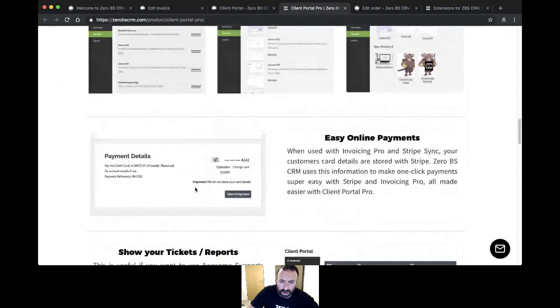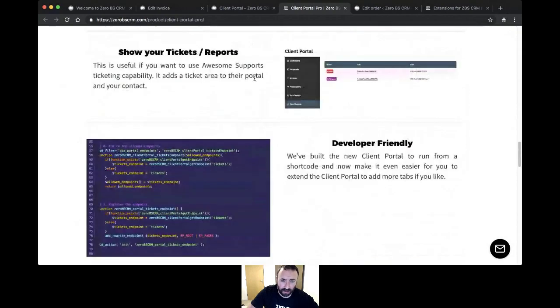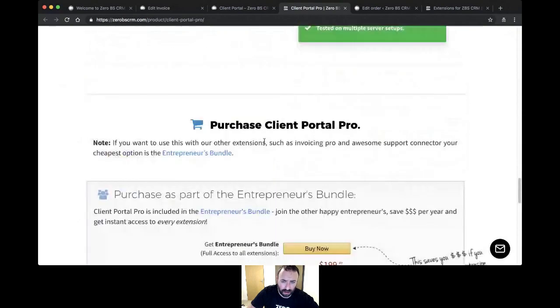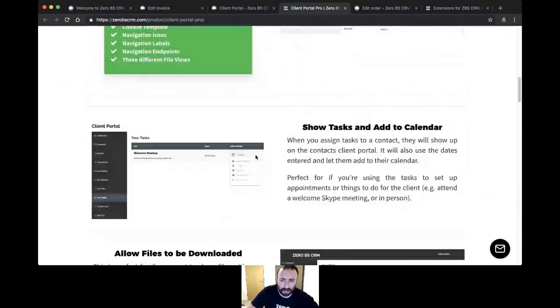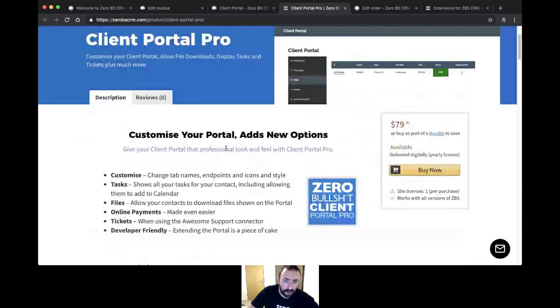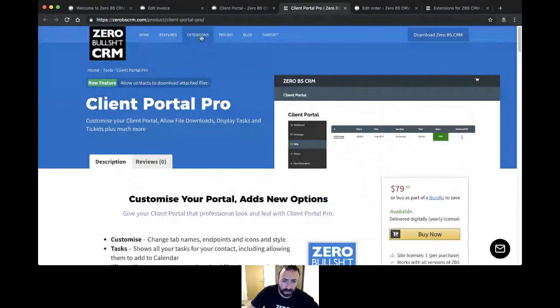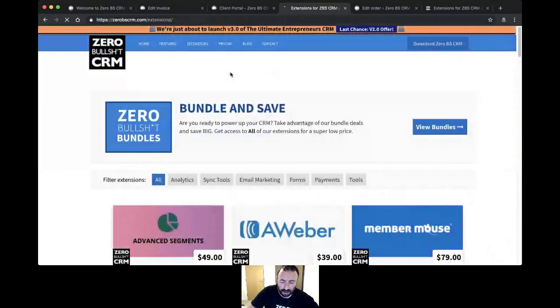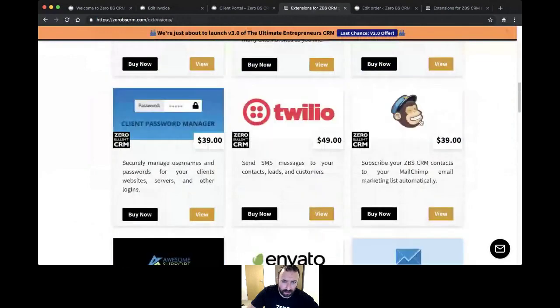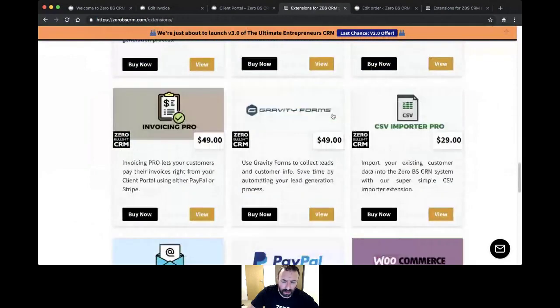And you've also got online payments. So with invoices, you can add either PayPal or Stripe as your payment solution on the invoices, and it's all handled via the Portal Pro. So there's a lot of information in there. There's a bit of a combination of Invoicing Pro there, and then also for invoices as well. Sorry, Client Portal Pro, and then Invoicing Pro,